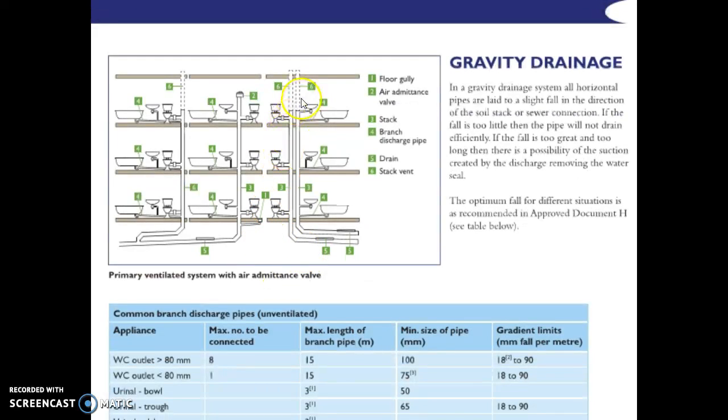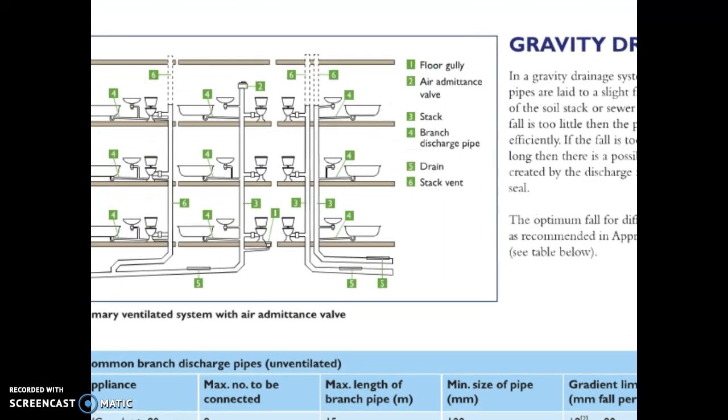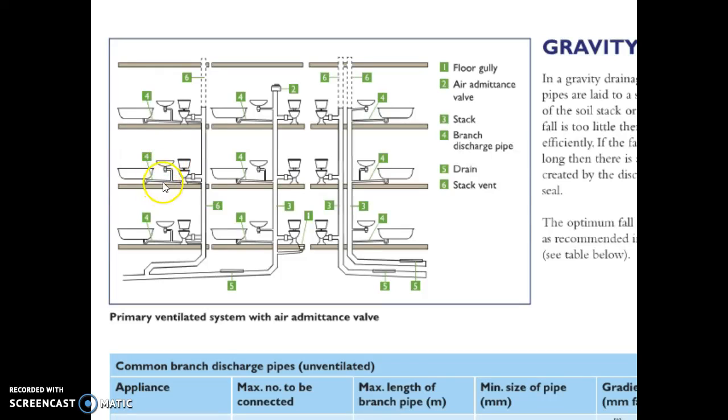Okay, so what we see here in this diagram is a gravity drainage system, and if you look at the left hand side here, I'll just zoom in, we can see that we have a number of appliances. We've got a bath, wash hand basin and toilet connected into our stack. So this is our vertical stack. This is our soil vent pipe. So this is the dry part of the stack here, and that goes up typically to the roof